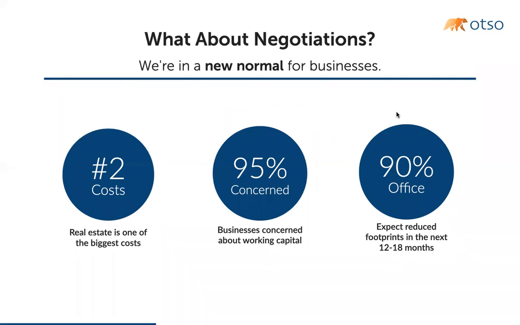And then on the office side in particular, we expect to see a reduced footprint. Some of that is trend and some of it's cyclical, and the way we use space, and some people are going to work from home. We believe internally here at Otso, it's more about the economic environment, just the fact that companies have had to make layoffs and make trims and cut costs. And that certainly impacts commercial real estate as a sector, both office and flex. And here in Houston, we're obviously very dependent on energy prices. And there are bright spots in the sector. Point being here is that if you are a tenant and you are looking for space, you're going to have a commanding position in most markets in the United States.